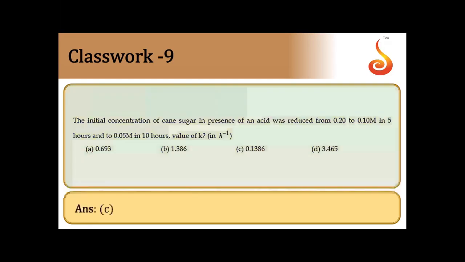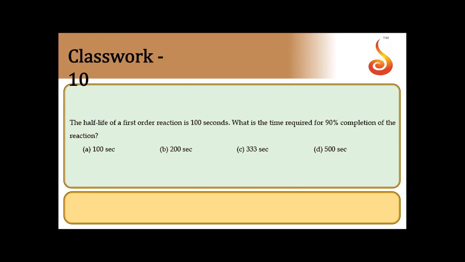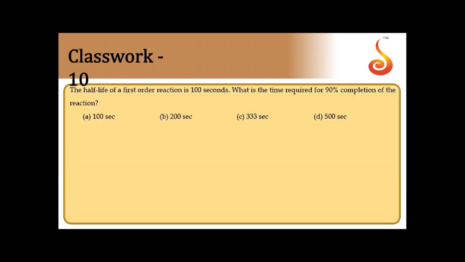Now the next one, the 10th question. The half-life of a first order reaction is 100 seconds. What is the time required for 90% completion of the reaction? K is equal to 0.693 by half-life, and the half-life is 100. When you take the second condition, for 90% completion of the reaction, K will be equal to